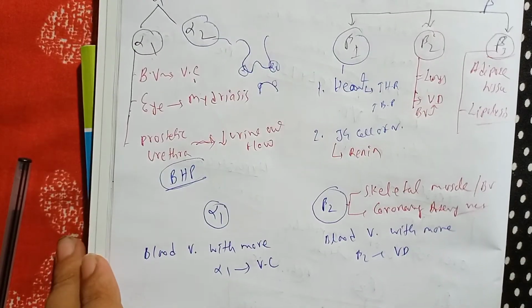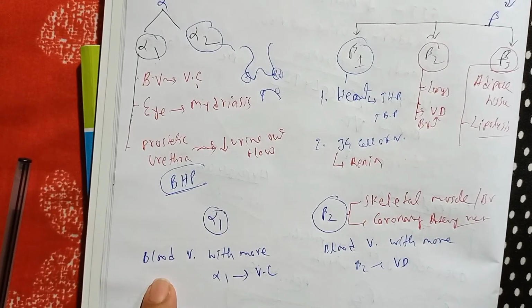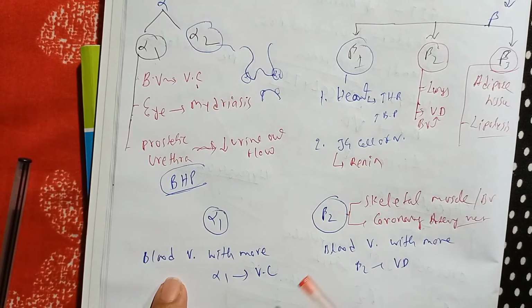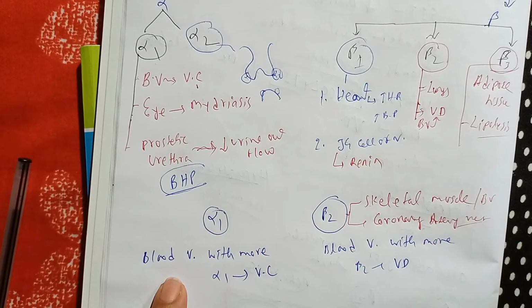Now what is the actual purpose of this? First of all, in any emergency condition, where we have to go anywhere, we need more excitation. If we want to run, because something is wrong out there and we have to go back, we have to run very fast. Then we need more blood to the skeletal muscles, so there will be more oxygen, more energy, and you can go more distance.